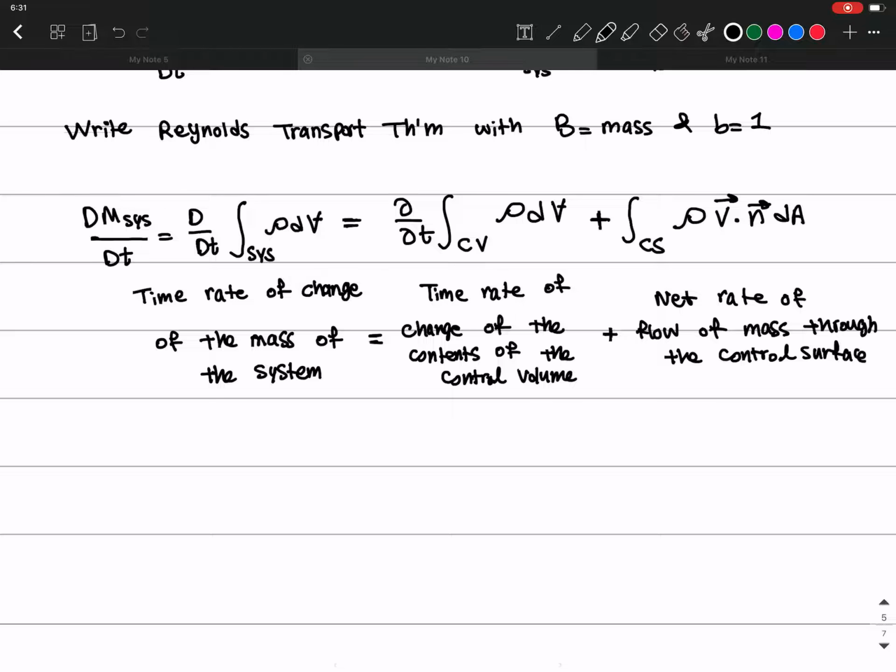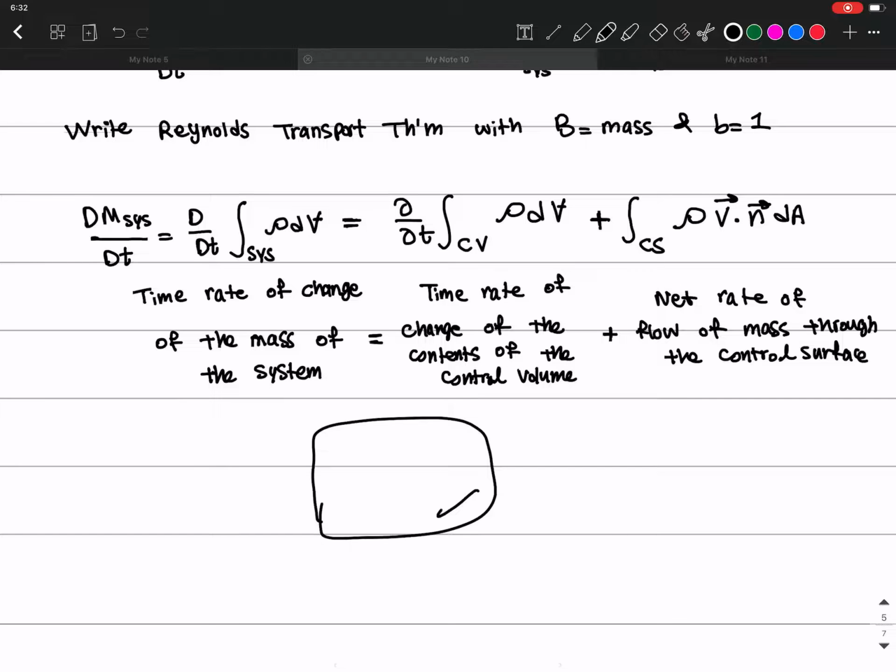Okay, so this equation means that the time rate of change of the mass of the total system equals the time rate of... So if you have any kind of control volume, let's say a fixed control volume in space, something like maybe this. Okay. So the total time rate of change of the mass of the system equals the time rate of change of